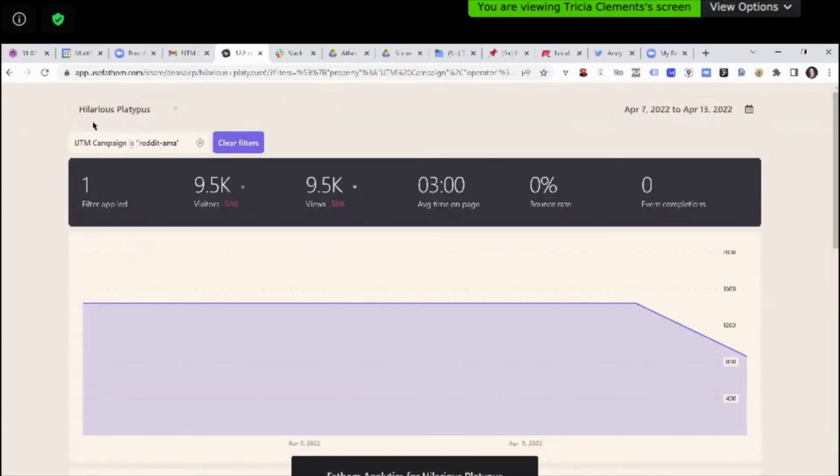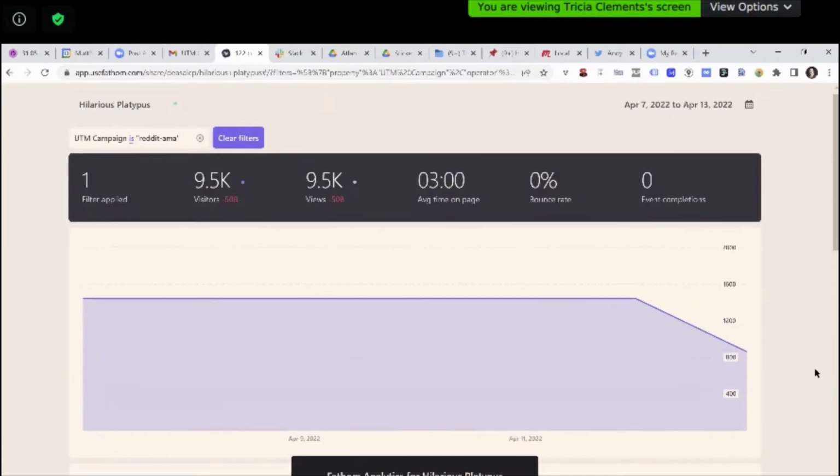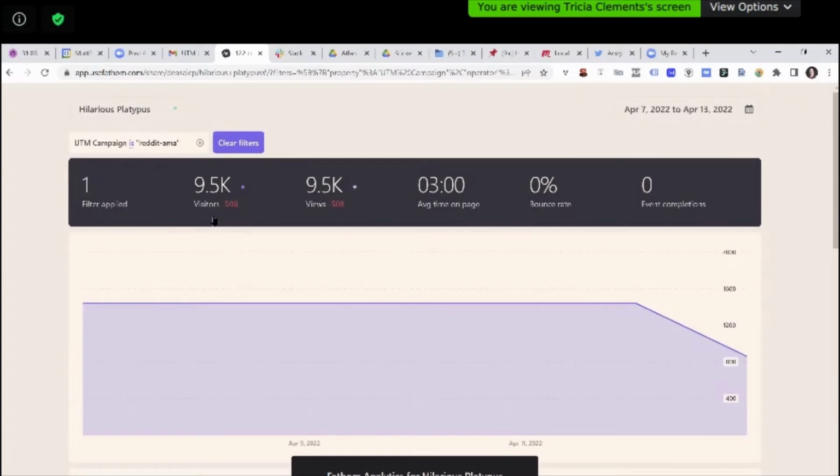Yeah, so you can do that with this, right? At the very top left, you have the filters. It says clear filters, but the UTM code. Yeah. So all this data is for that campaign. So if you set campaign Google My Business,